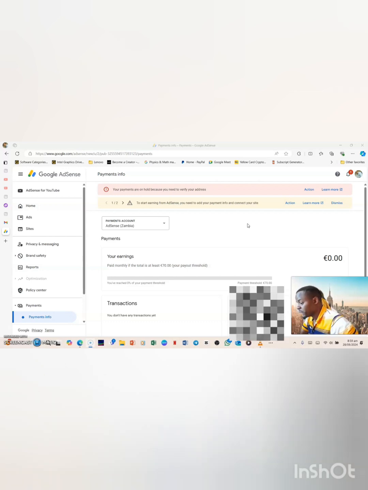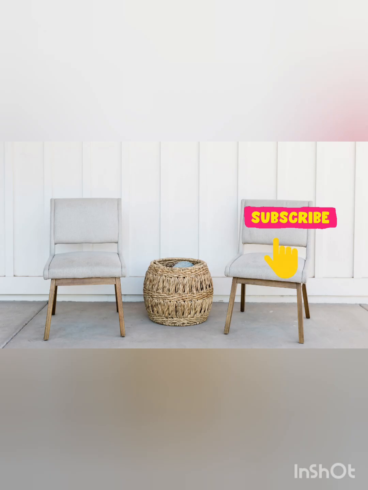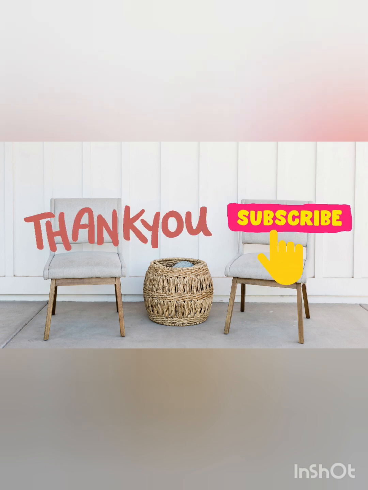So the only thing that I would caution you about is don't punch in the residential address if you're from an African country where postal services are pretty poor. I'd rather you indicate the postal address so that you only happen to find that